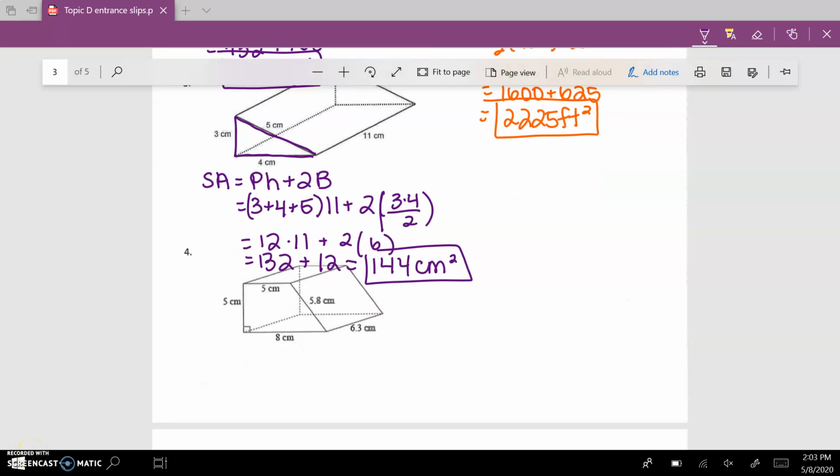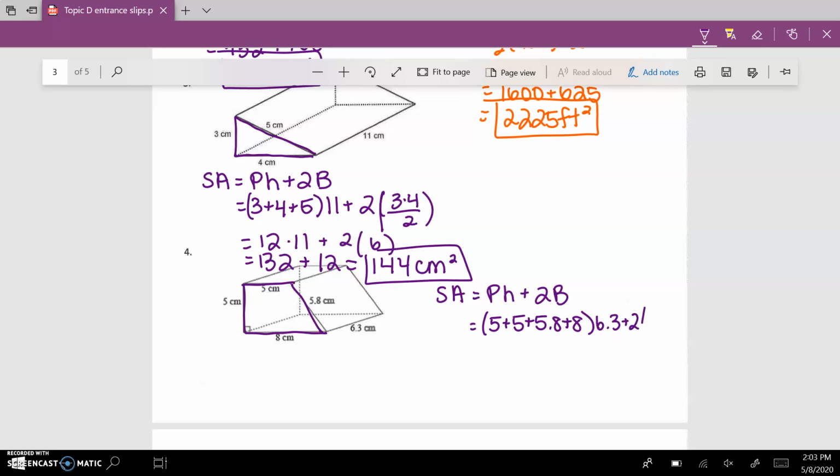All right, and here on the last one, we are still in a prism. So we're still going to be using the perimeter of the base times the height plus 2 times the area of the base. Okay, so the base here in this case is a trapezoid. All right. So the perimeter would be, I've got 5 plus 5 plus 5.8 plus 8. The height of the shape here would be 6.3